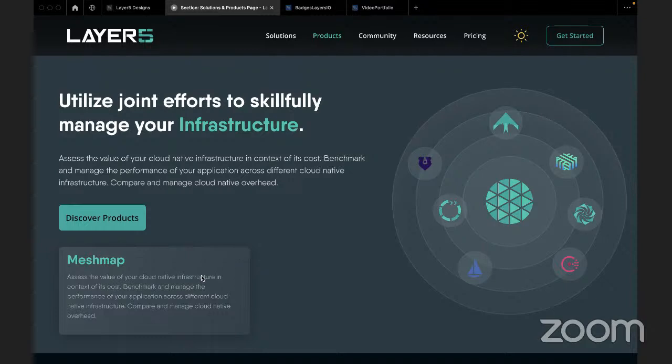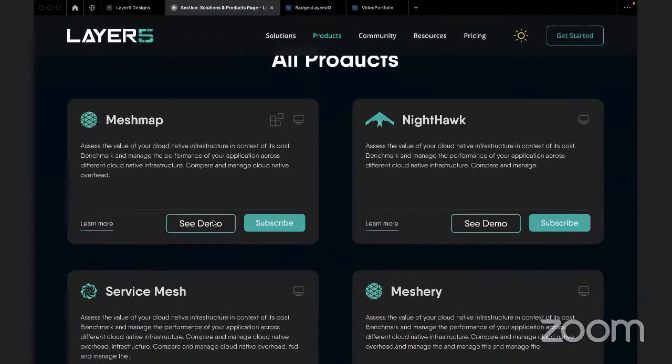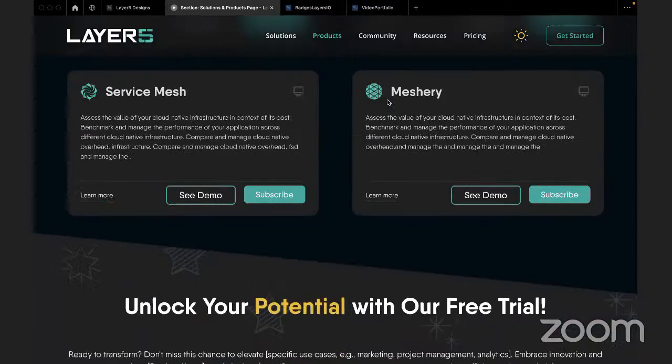And this card data will change as per the slider changes or the product changes in the background. So this is the product section. These all are products which we sell. And here we have a learn more button, see demo, or subscribe to our Layer5 products. So basically this card is it.